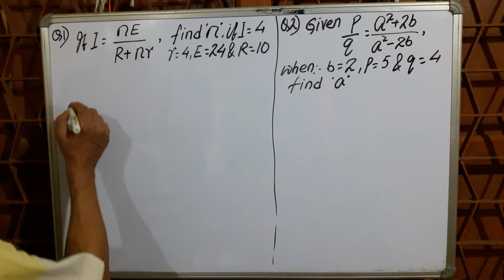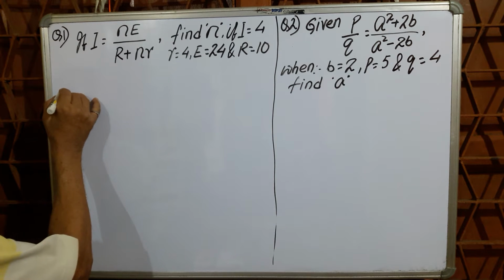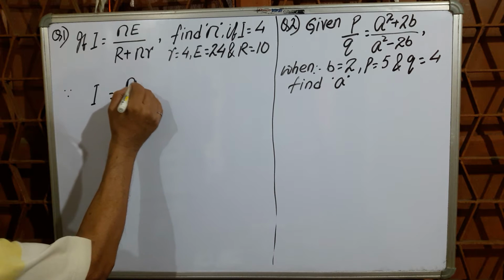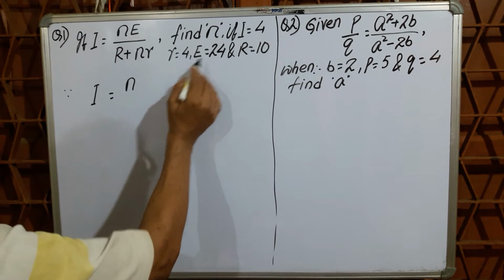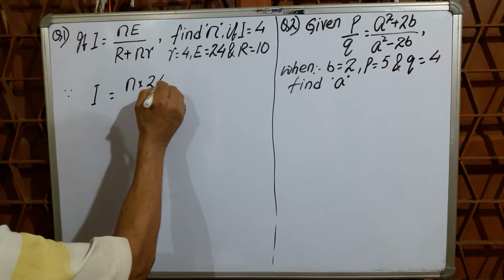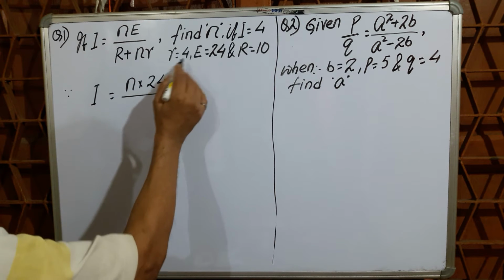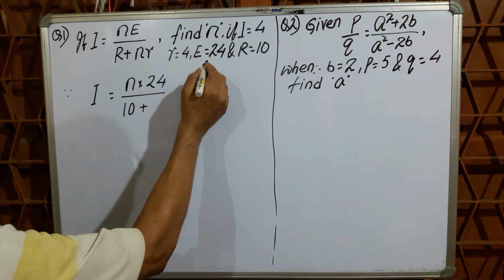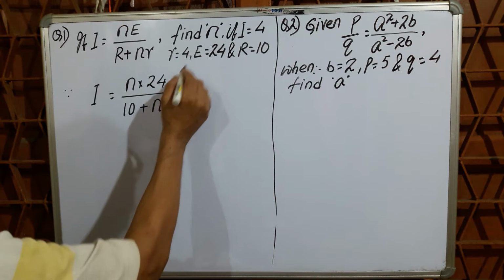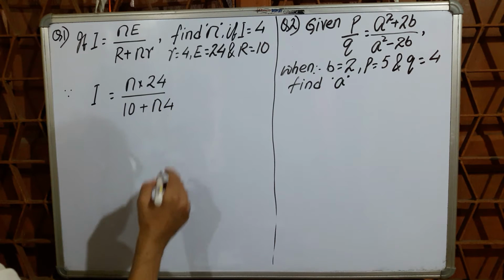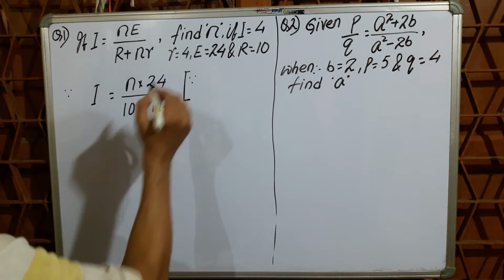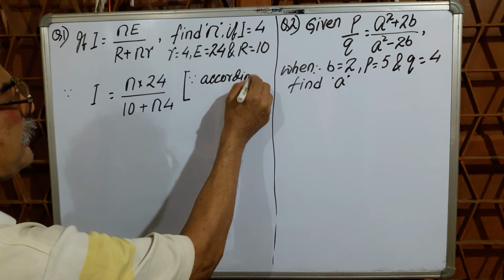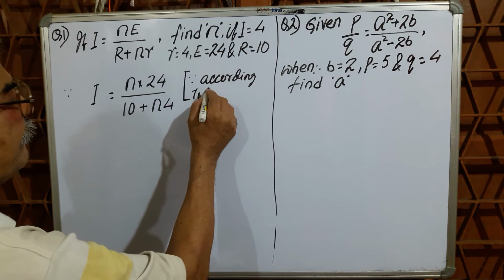So then just you write here, when I equal to N into E, E equal to 24, you can write here 24 first, and this R equal to 10, you write here R equal to 10 plus N. You don't know N, so you write N, and this r equal to 4. यहाँ लिख दीजिए अकॉर्डिंग टू द गिवन वैल्यू, सिंपल, आपको कोई ट्विस्ट करने की जरूरत नहीं है, अकॉर्डिंग टू द गिवन वैल्यू,